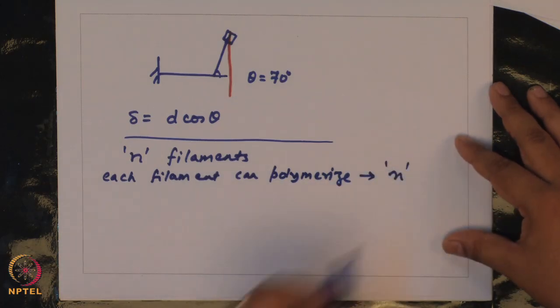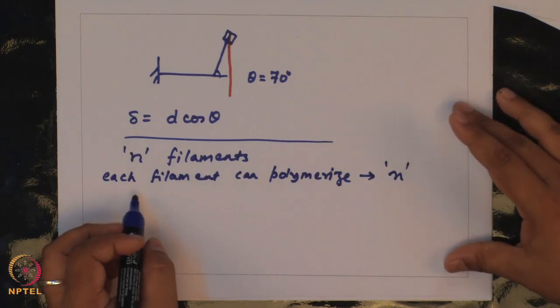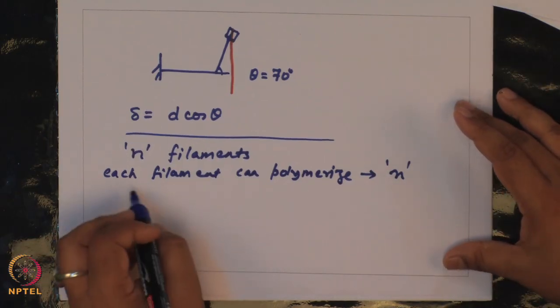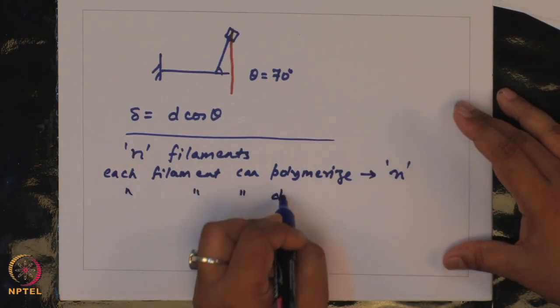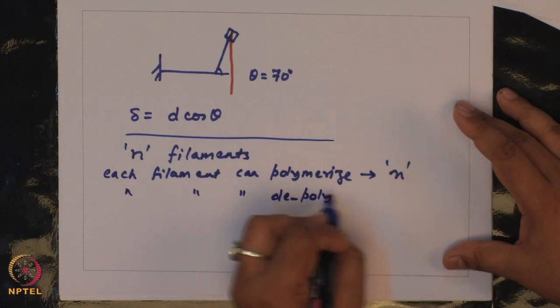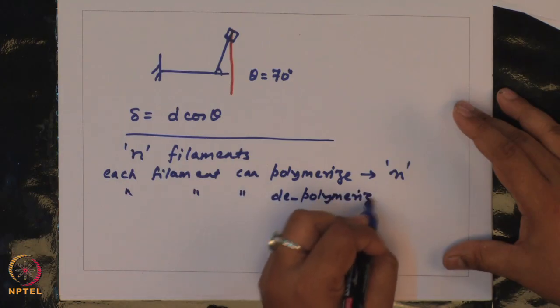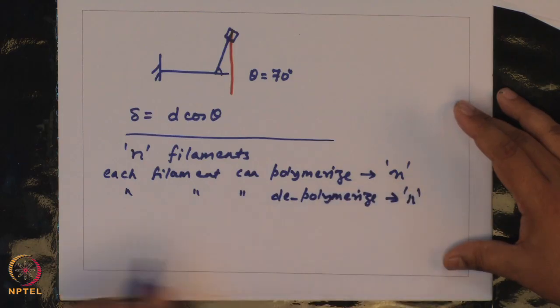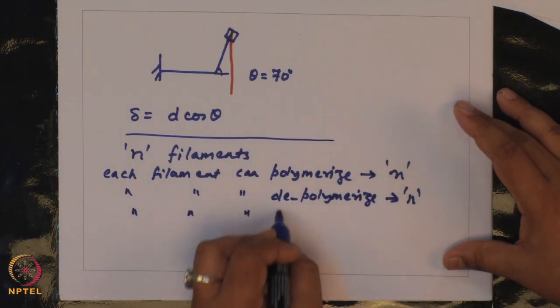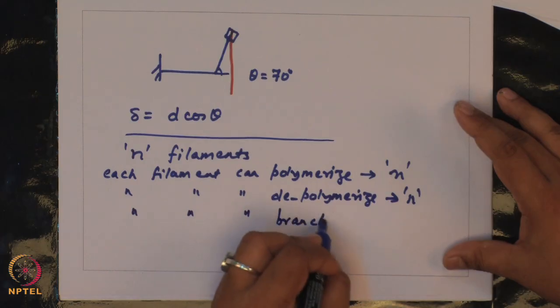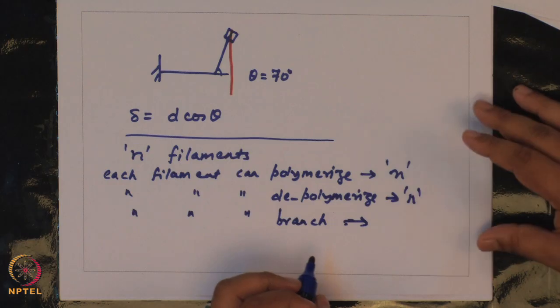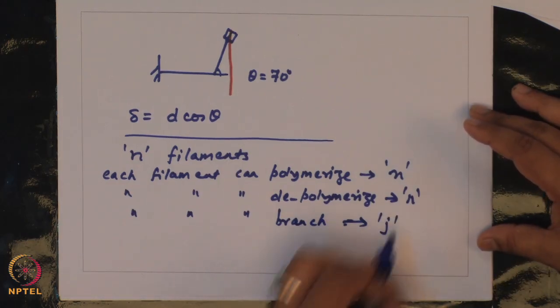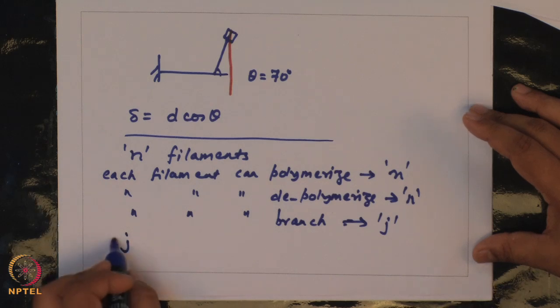N possibilities are there for each filament that exists. Each filament can depolymerize. Again, there are n possibilities, and each filament can branch. So, here it is not necessarily n possibilities, but j possibilities, where